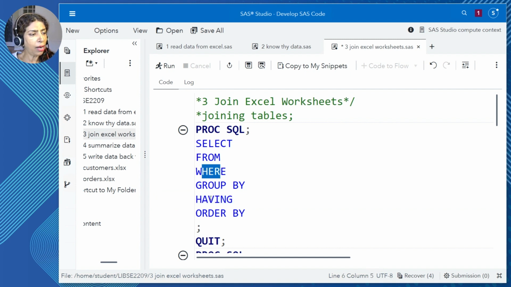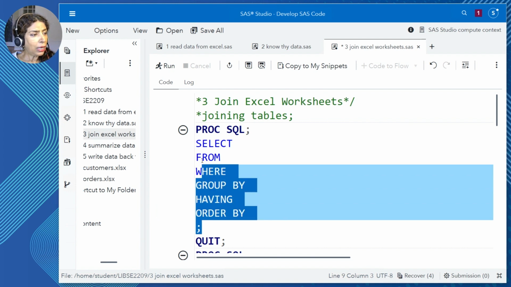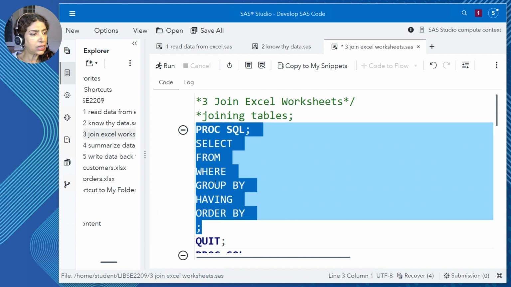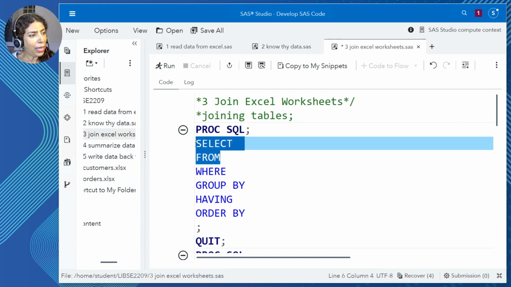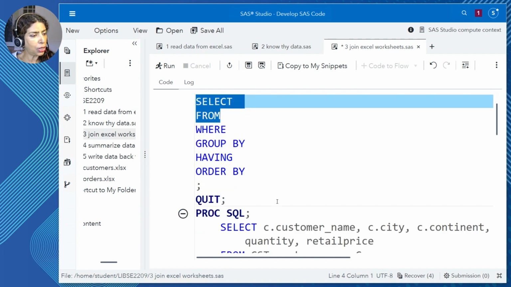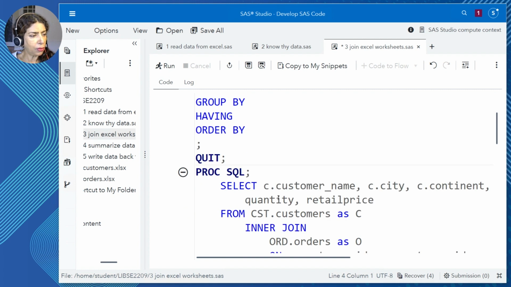Difference between the WHERE and the HAVING? The WHERE acts on individual rows of data, rows that have not been summarized, and the HAVING acts on filtering the grouped data. And lastly, there's the ORDER BY. You are not compelled to write all of these building blocks when you craft a SQL query. The two things that are mandatory are the SELECT and the FROM. Everything else is optional. So let's dive into our code where we are going to join tables.